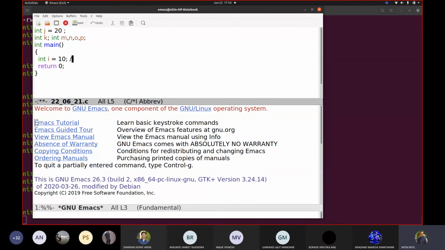This is a local variable, correct? And every local variable is stored in the stack, correct? Which is not shown outside. Outside world should not know what my local variables are. Outside world only knows what my global variables are. They all are global. This is local. Correct. So if I remove this 20 even from here.